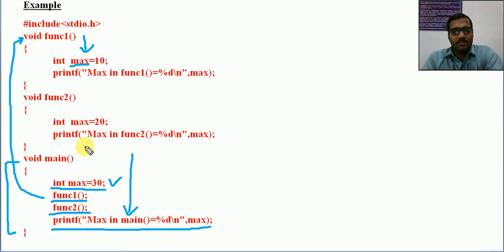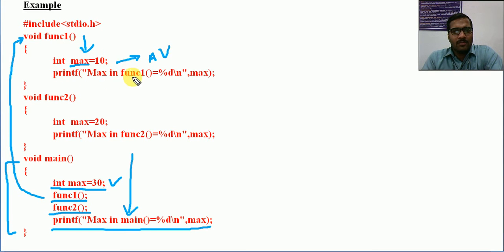These two are not same. So inside function 1 I am declaring another variable max. So this max is local to function 1, and we are assigning the value 10. So this is also a local variable or automatic variable that assigns the value 10.